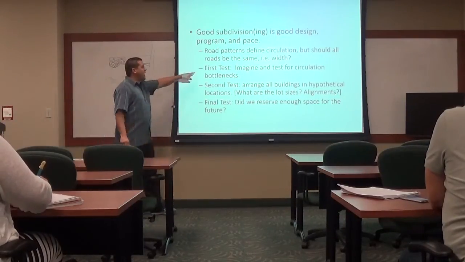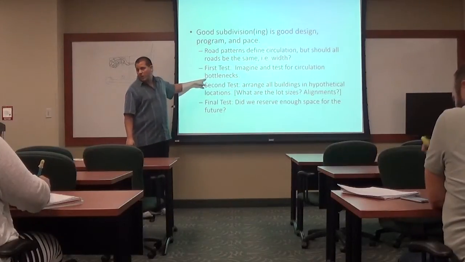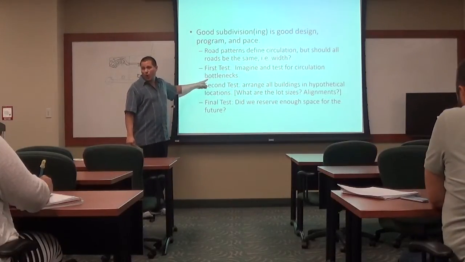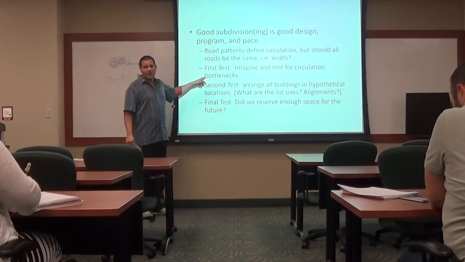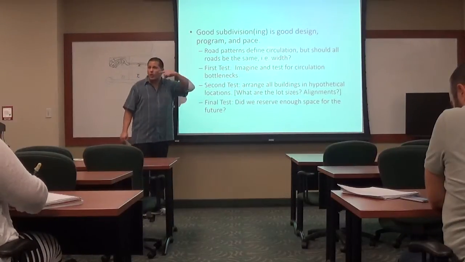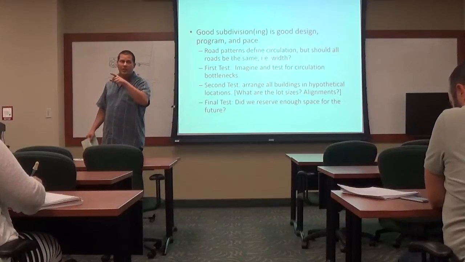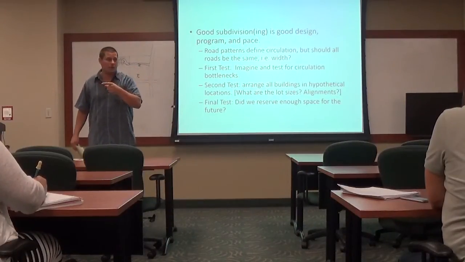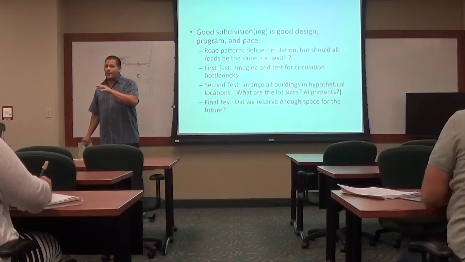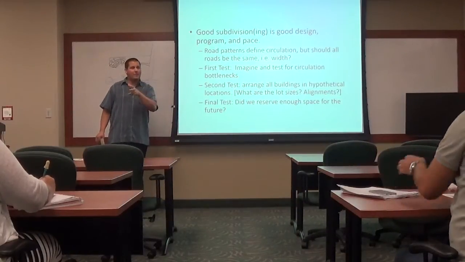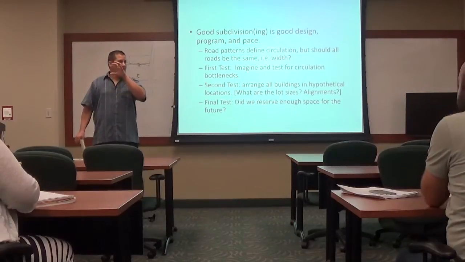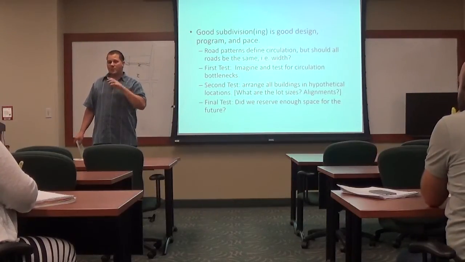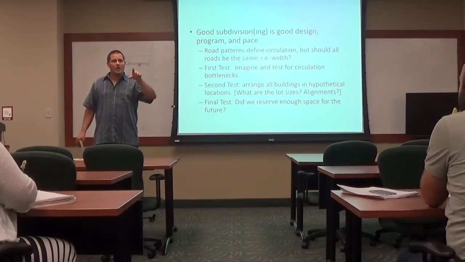Here again, imagine, test for circulation bottlenecks. Will this work? What about the backup traffic? If some people in the parking lot do not know how to drive around the parking lot. There's this fantastic example. If you're going up on Cleary and Knob Hill, plantation area, there's a Publix and the Shell gas station at the corner. The parking lot is like a maze because they have put in so many one-way streets